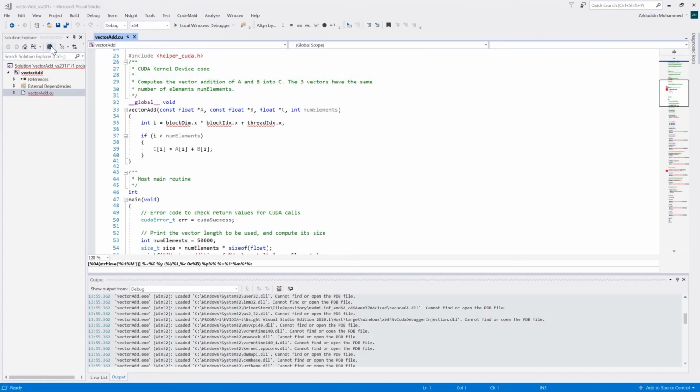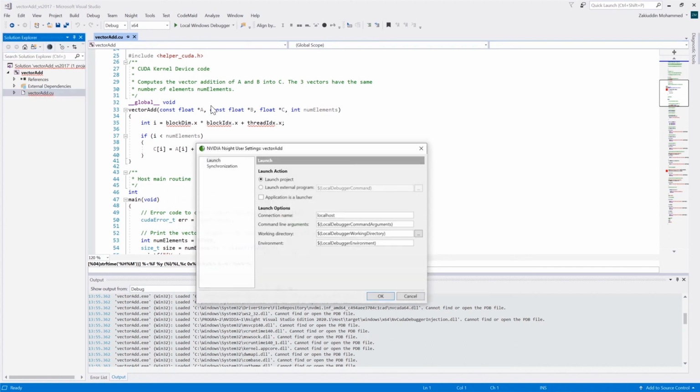The last thing I want to show you for today is how to add command line options when you're using the Insight debugger. So you go to this button here, Insight User Properties, and you can use this working directory and working environment and add command line arguments here, which are generally picked up from the Visual Studio debugger. So if we go to